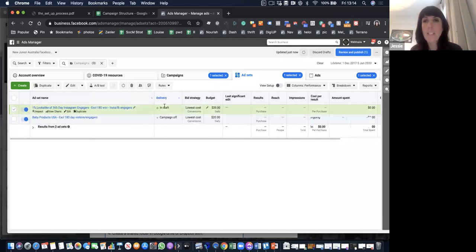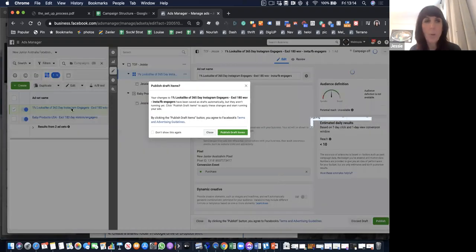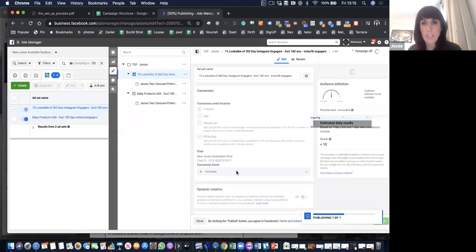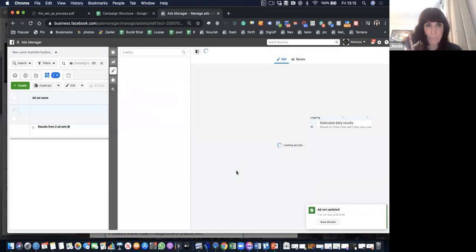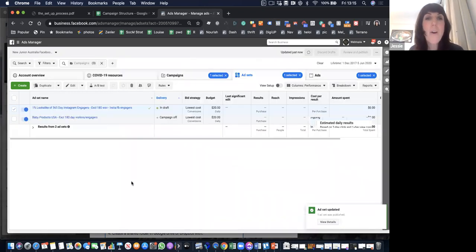And that is, for some reason, in draft. Let's have a look. Maybe it's still publishing. When it's green like that, it means it's in draft and it still needs to publish. So let's just click publish. It's publishing. There we go, it's done. So now I've got two lovely